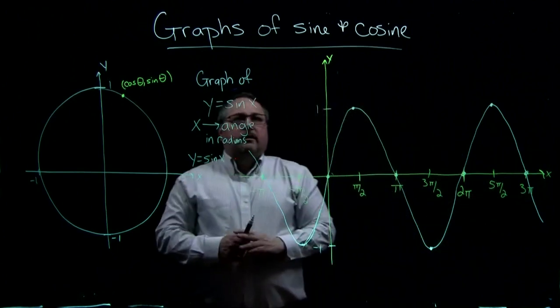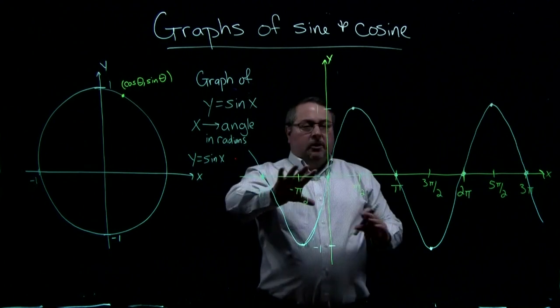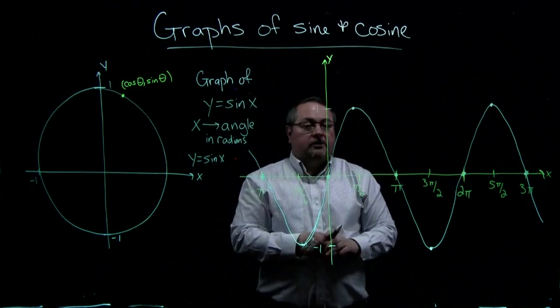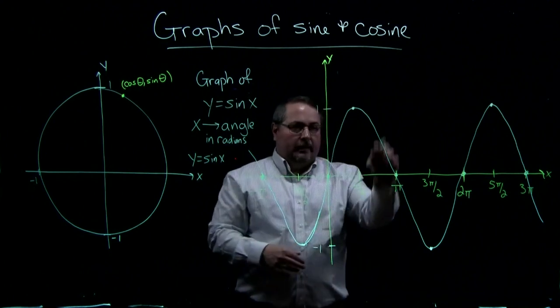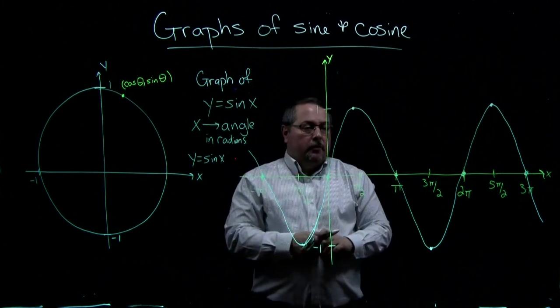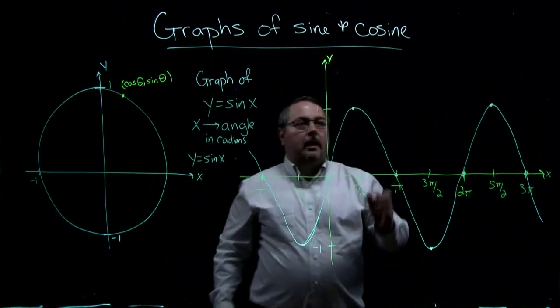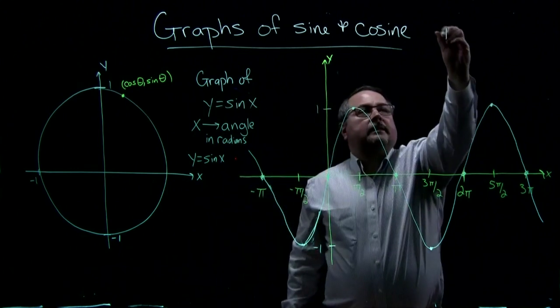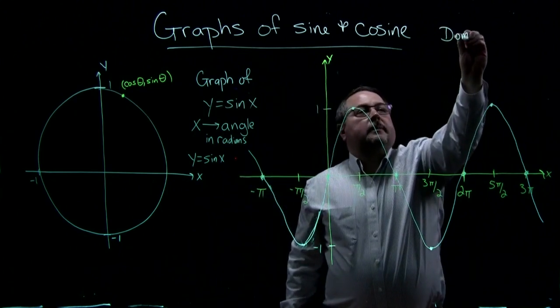Okay, so we see that the graph of the sine function is going to have this sort of oscillating behavior. It goes up and down and up and down. It has the structure of a wave. Okay, there are a few other things that we should notice as well. The first thing is that, to bring in some